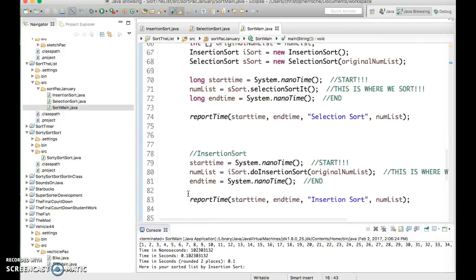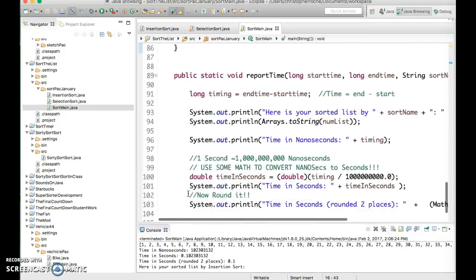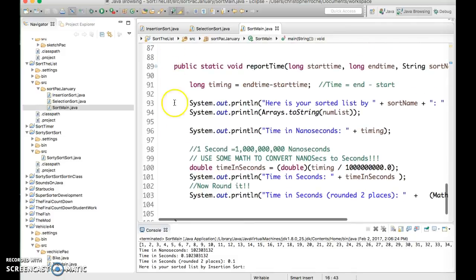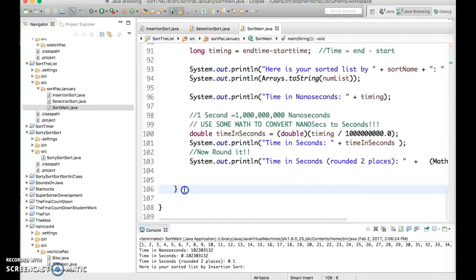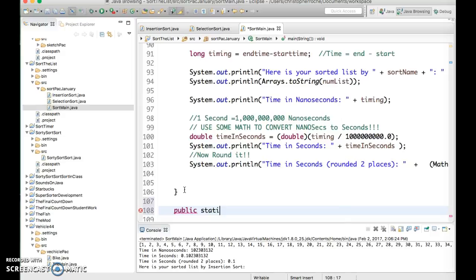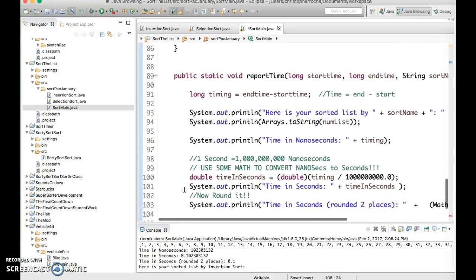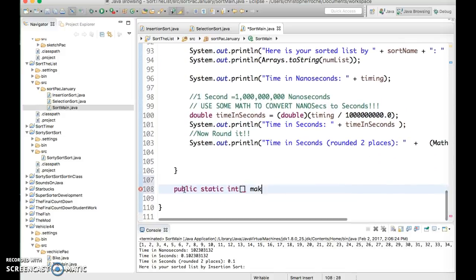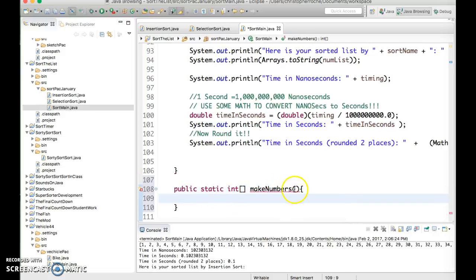So I'm going to go down to the bottom of main. We already have this public static report time function. I'm going to say public static, and then I'm going to return the num list to it. So it's going to be public static int, and we'll call it make numbers. And it probably needs to know int how many numbers,